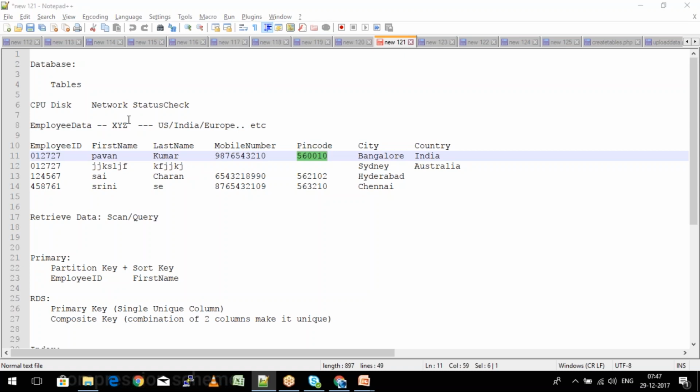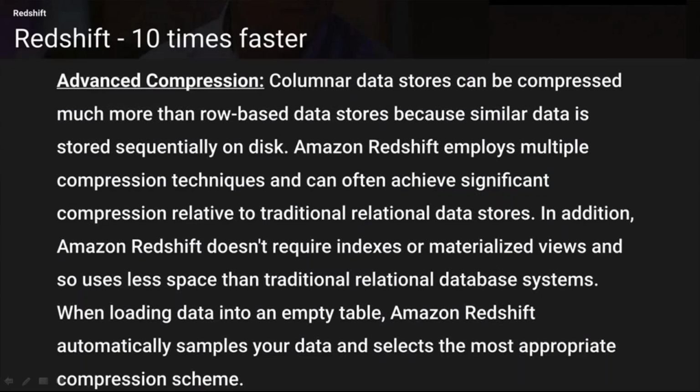So when you store everything in the column-based format, the compression techniques work much better. The columnar data stores can be compressed much more than row-based data stores because similar data is stored sequentially on the disk. Now Amazon Redshift employs multiple compression techniques and can often achieve significant compression relative to traditional relational data stores.